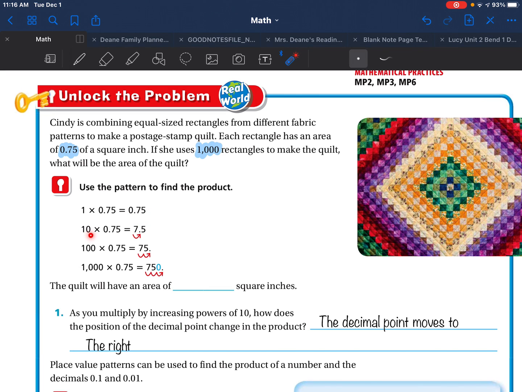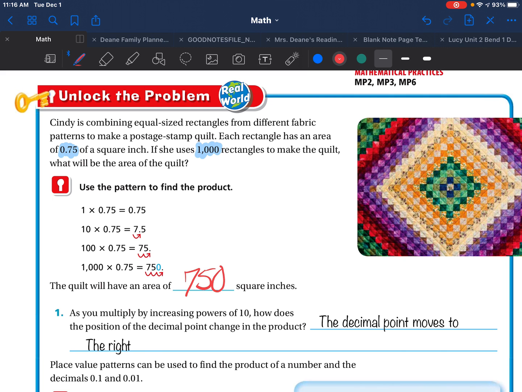Now the next one, we have 10 times 75 hundredths. 10 has 1 zero. That means we're going to move our decimal place 1 place to the right, and now we get an answer of 7.5. Next is 100 times 75 hundredths. This time we have 2 zeros, so we're going to move our decimal 2 places, 1, 2, and get an answer of 75. And then for 1,000, which is the answer we're looking for, it has 3 zeros, so we're going to move it 1, 2, 3 places to the right. This time we'd have to put in a 0 here because there's nothing there. So we're going to get a total answer of